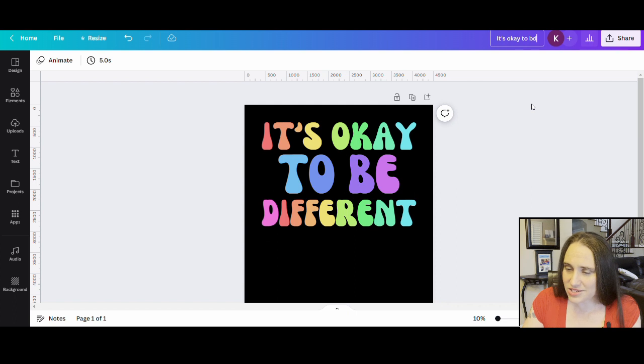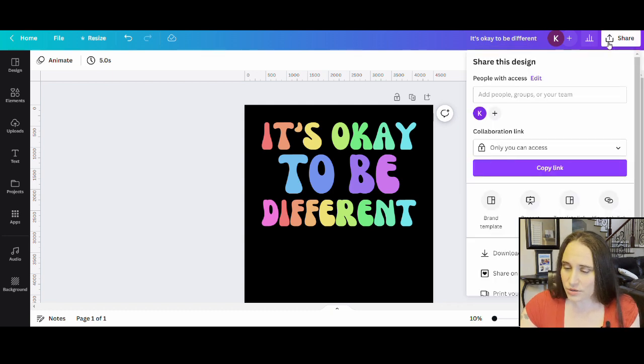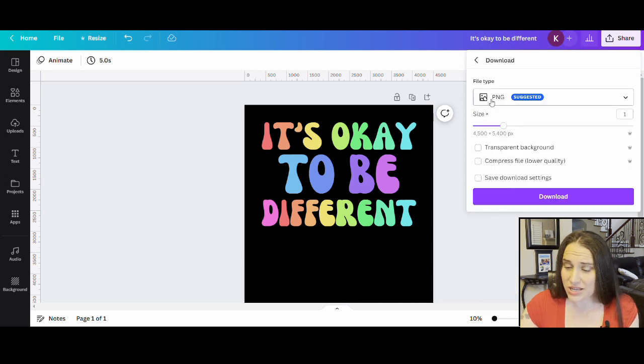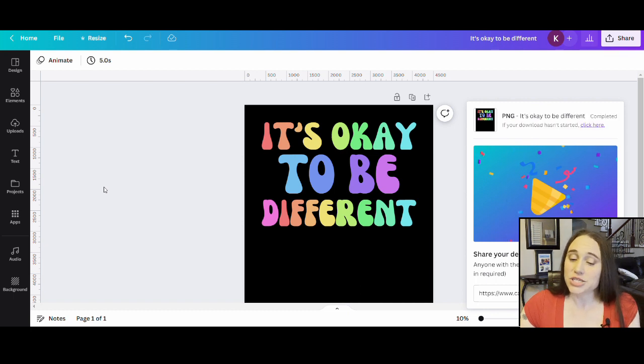And I can go ahead and title it before, or straight, or flat, or however it is you want to organize your stuff. And then I come over to where it says share, down to where it says download. From here, I'm leaving it as a PNG. I'm leaving the size alone. I'm going to select transparent background, and then I'm just going to download it. I give it a second, it's nice and downloaded,